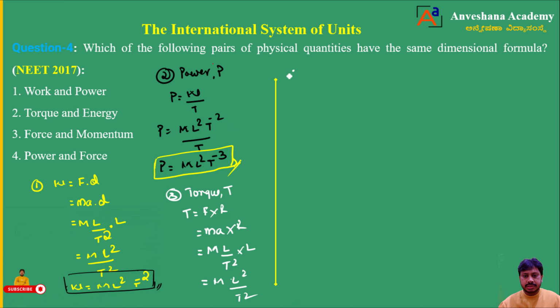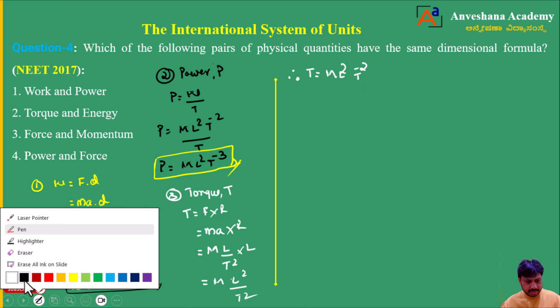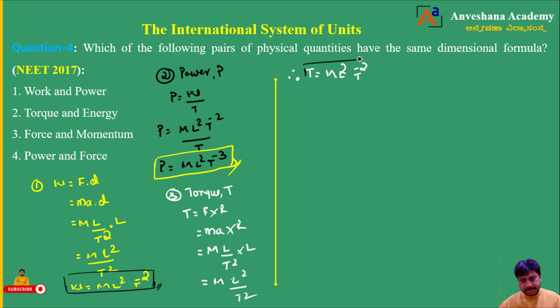So therefore, what can I do here now? Torque is equal to M into L square, and the denominator T square comes into the numerator. Then it becomes M L square T to the power of minus 2. This is the dimensional formula for torque actually. Okay, I will block it now. Okay, fine. Next,